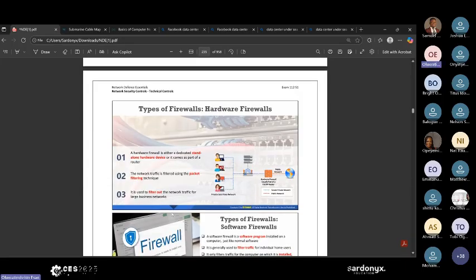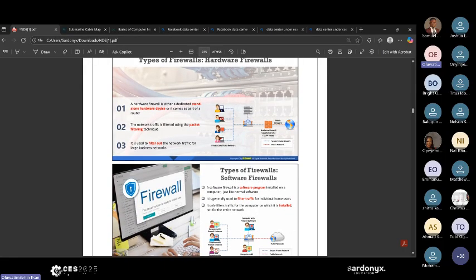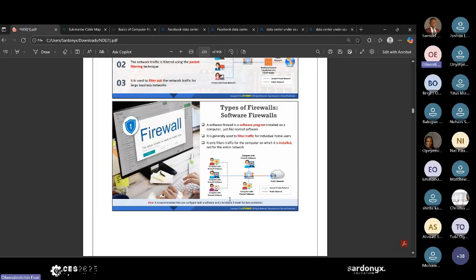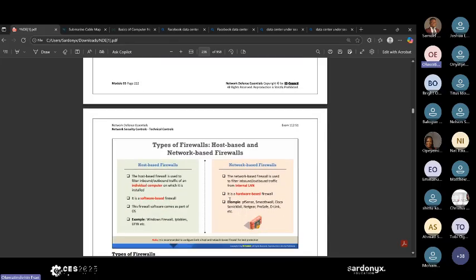There are different types of firewall. We have the hardware firewall and we have the software firewall. Software firewall is like your Microsoft Defender. Then you have hardware firewalls like Fortinet firewall and ASA firewall from Cisco devices. As someone going into network security, this is a good aspect for you to learn about firewalls, VPN, enterprise. I'm talking about enterprise firewalls, which is very, very important. So how to configure an enterprise firewall.